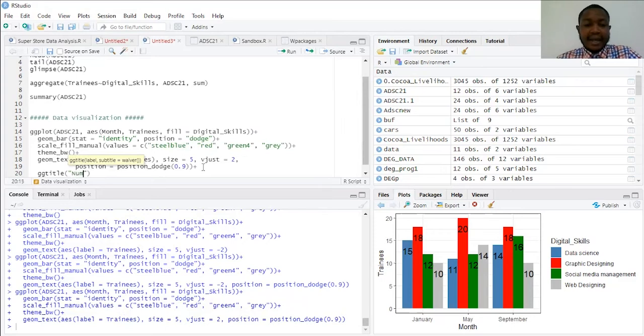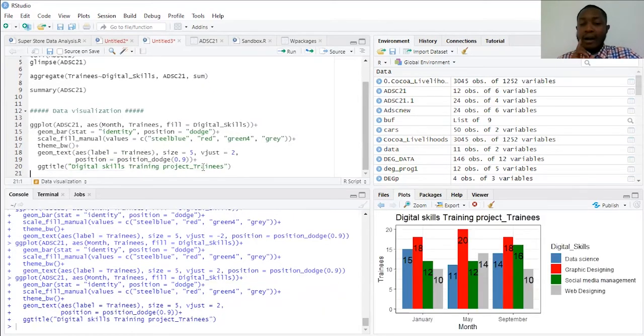So the title is number of trainees, okay, let's say digital skills training project underscore trainees, just for the purpose of demonstration. So when we run this,